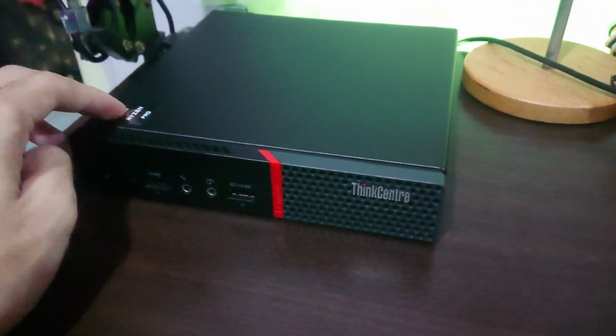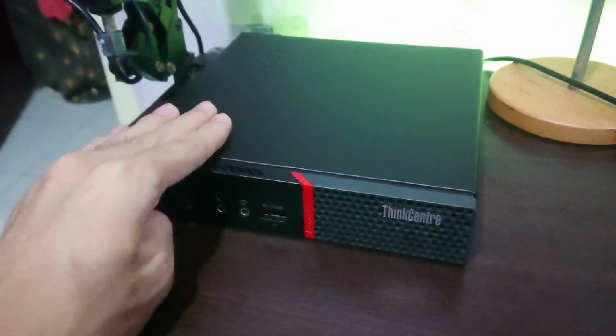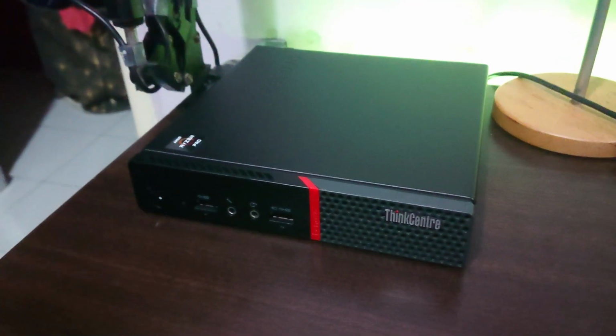The integrated AMD Vega graphics on the CPU, depending on what CPU you go for in the M715q Gen 2, is actually much more capable than the Intel HD graphics, which is...